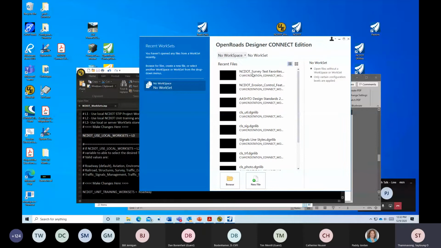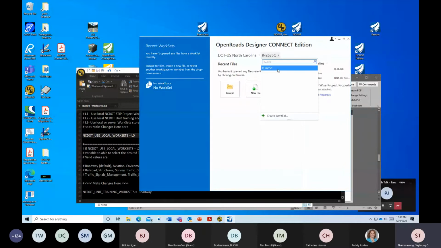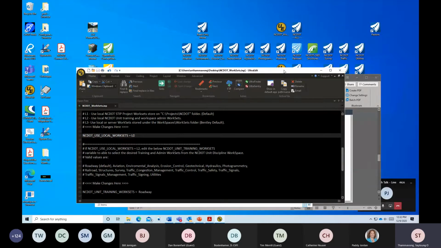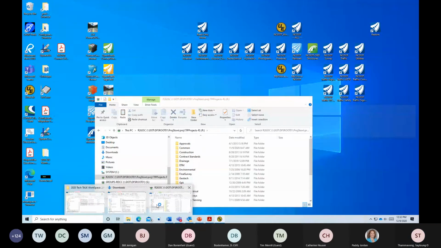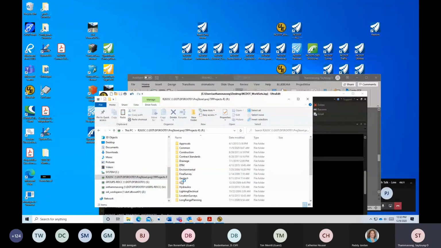And now the only project, or the only work set, I'm able to select is that connected project R2635C. So it's going to the server location for my work set or my project. Okay, why does this work? So in our drive here, under common,